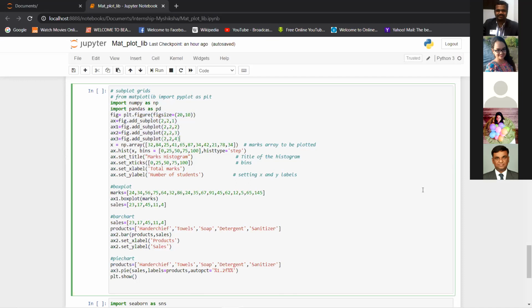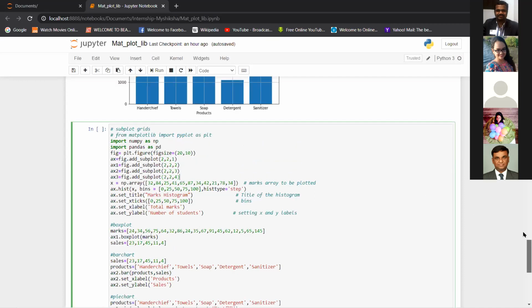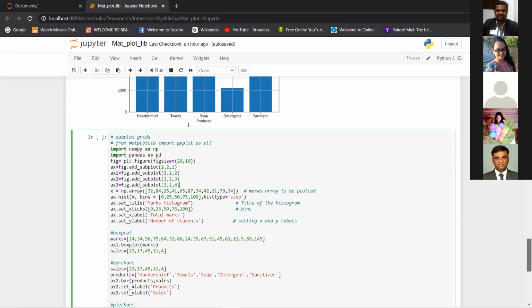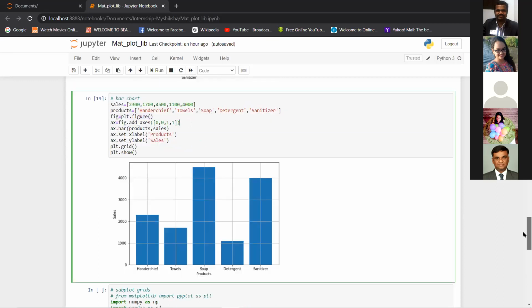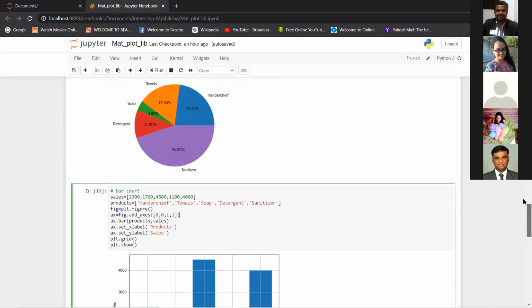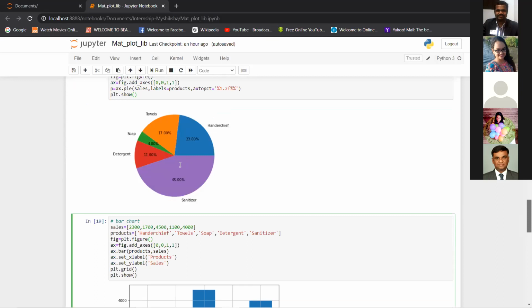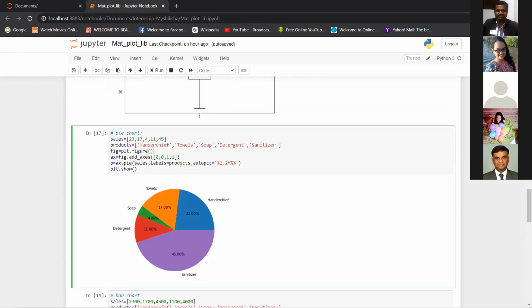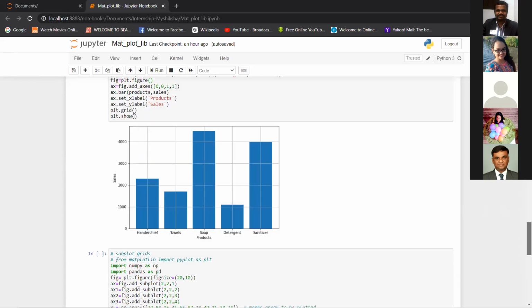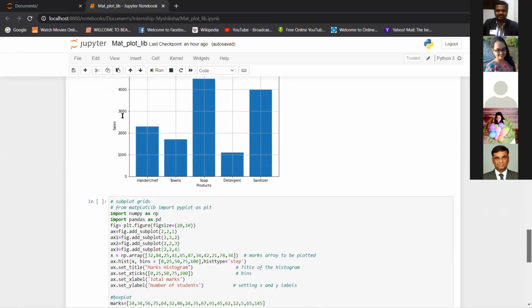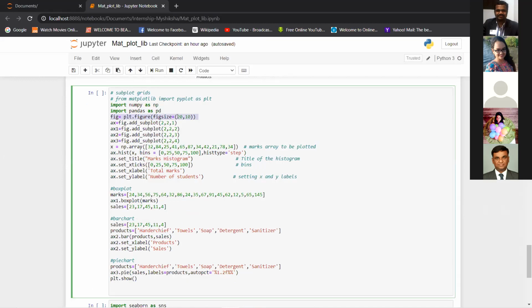Previously you might have seen I used plt.figure everywhere because I wanted one figure per block, right? Whenever I run, I wanted space for that block. But here my requirement is different. I'm using just one figure space, and I've given it a large area.